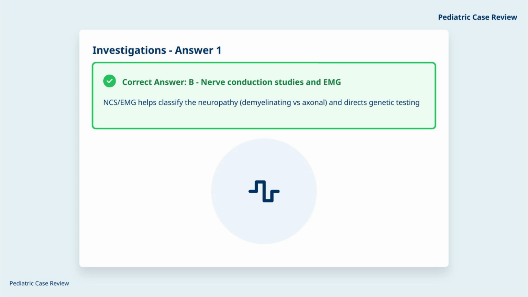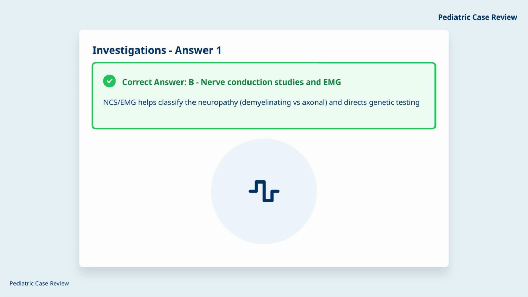Electrodiagnostic studies are typically the first step in the evaluation of suspected Charcot-Marie-Tooth disease. They help determine whether the neuropathy is primarily demyelinating or axonal, which guides subsequent genetic testing. Nerve conduction studies in demyelinating forms will show markedly reduced conduction velocities, while axonal forms show reduced amplitudes with relatively